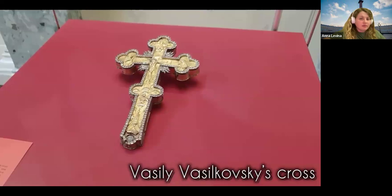And he was wounded a number of times. And eventually, in the war against Napoleon, in one of the battles, he was mortally wounded. But he would always carry this cross with him. After he died, the bullet that killed him was placed into that cross. And then the story of that priest became known to the Romanovs, and how fearless he was on the battlefield,